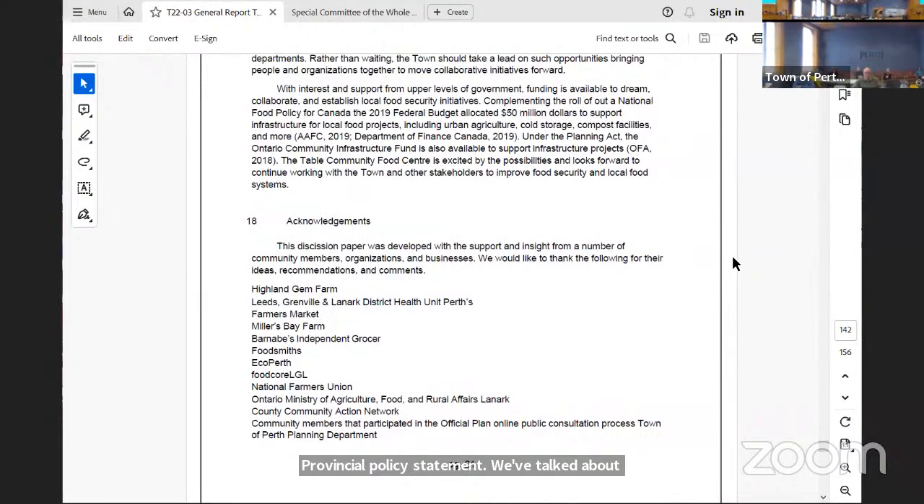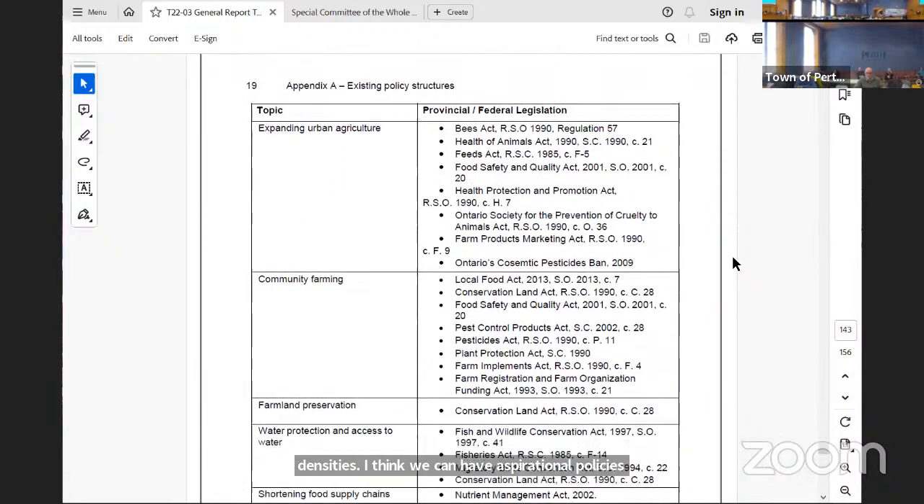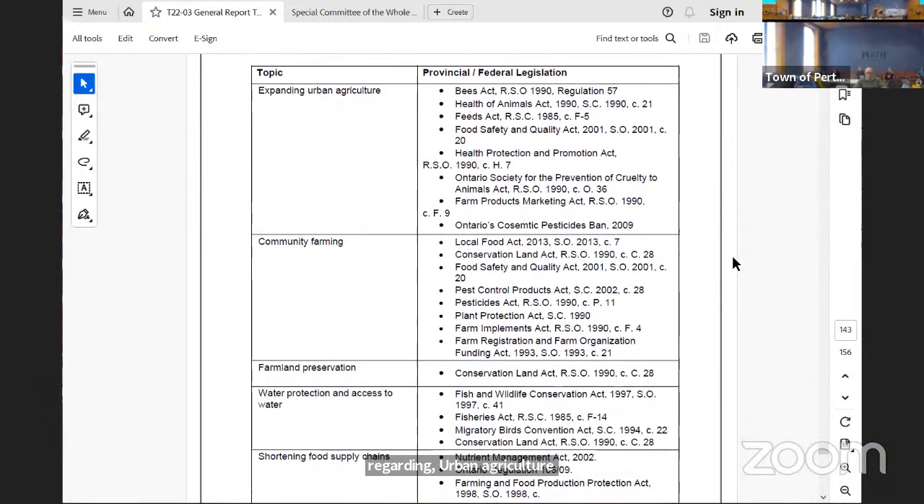I think we can have aspirational policies regarding urban agriculture. Stormwater policies, I think, again, are going to be looked at, certainly to be resilient to climate change. I do not believe the Daru farm qualifies as agriculture. And I don't think that in a community like Perth, it would be appropriate to have agriculture in the urban